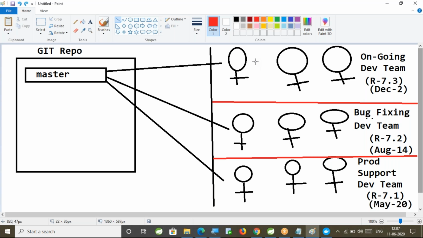He will go and modify that method according to release 7.3 functionality. But that method is working as expected for release 7.2. This person modified that method, and with that modification, release 7.2 functionality is not working. So definitely, if multiple releases' code is in the same branch, there will be a problem in the code base.